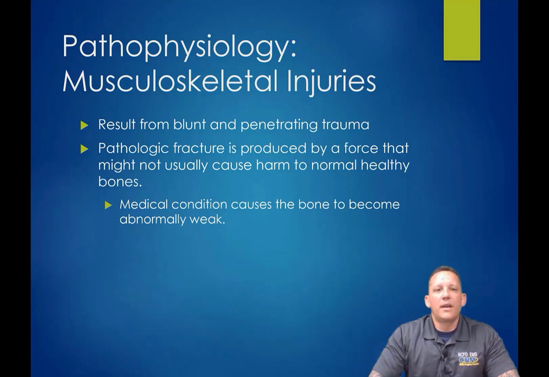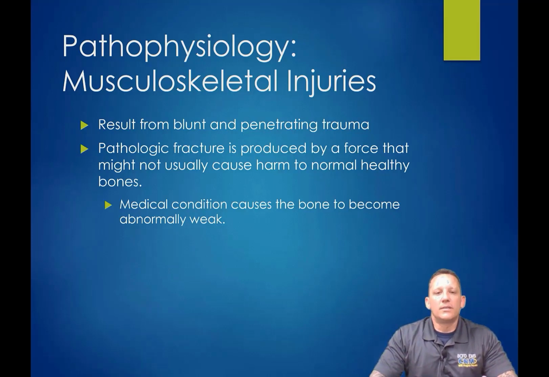All right, so now we're going to get into the pathophysiology of musculoskeletal injuries, and this is the meat and potatoes of the actual lecture. And this is obviously the result of blunt or penetrating trauma. Now, you can have a pathologic fracture, which is produced from a force that might not usually cause harm to a normal, healthy bone. And in this case, one of those instances would be maybe a mild fall from standing for an elderly female who then